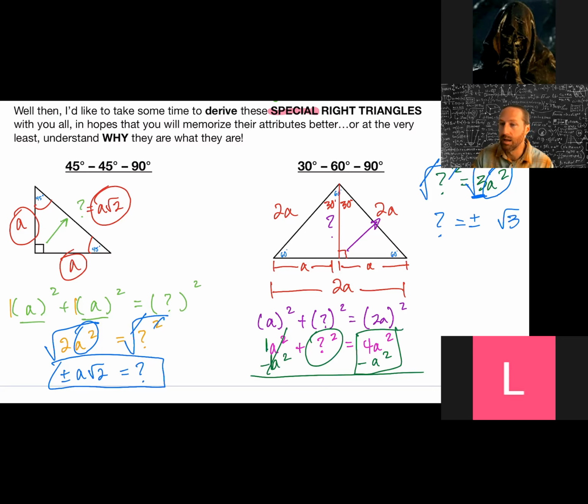My 3. And what am I going to be able to pull out and take the square root of? That a. And because we're still dealing with a length or side of a triangle, we don't need the negative. We're not on the x or y axis. And therefore,